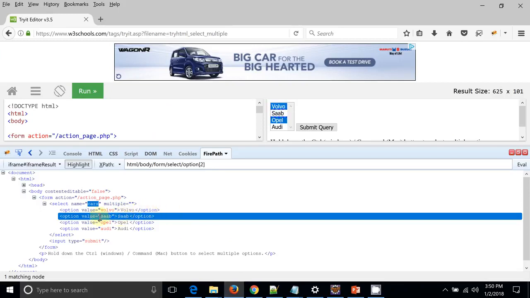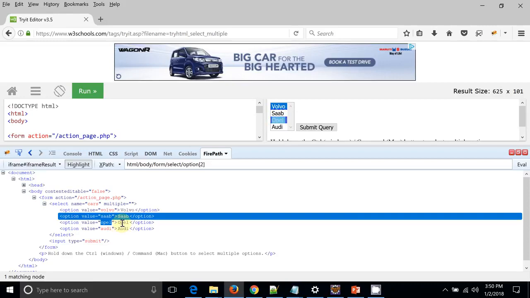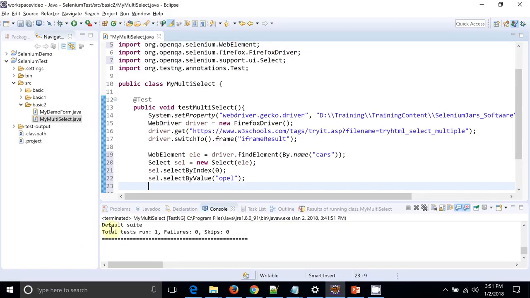For example, Opel: this is the text, with O in capital, and this is the value, with o in small. So if you want to use value, then make sure that you're properly writing your value. It should not be the text present inside the tag. It should be the value of your value attribute.